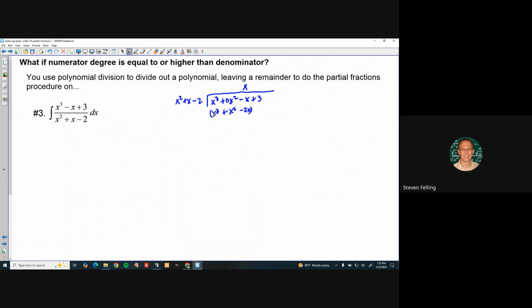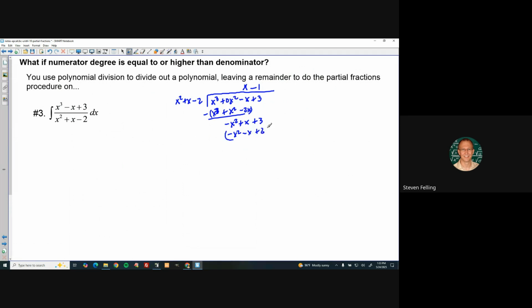And then we'll subtract that from the thing above it. These we made to cancel. 0 minus x squared is negative x squared. And then this is negative 1 and positive 2, so that is positive 1x. And then I can bring down the 3 here. And then ask the same question, what would I multiply this x squared by to produce a negative x squared? That would be a negative 1. So we'll multiply this by a negative 1, and I get negative x squared minus x plus 2,